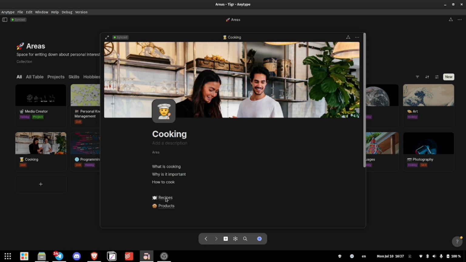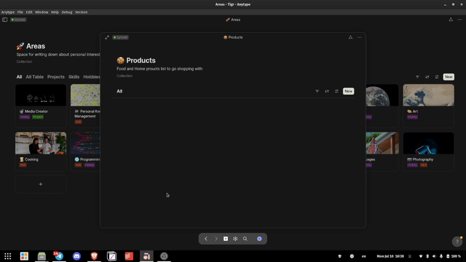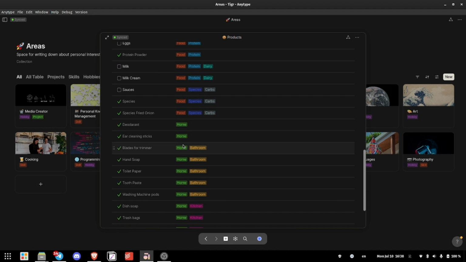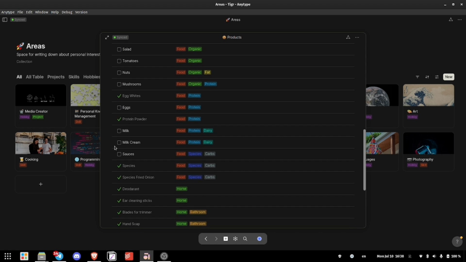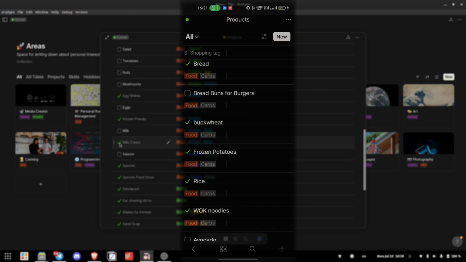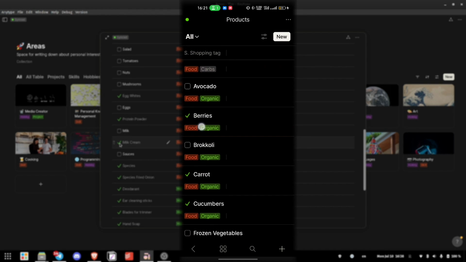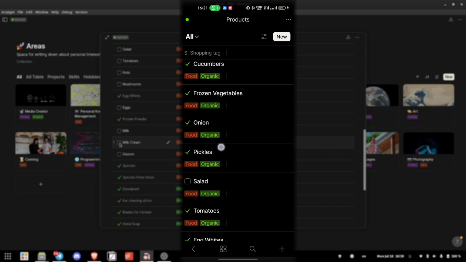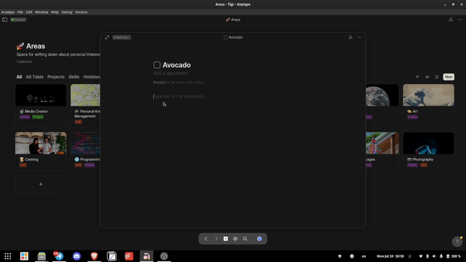For example, cooking. There are two pages currently, products and recipes. Products shows the list of all products I usually buy at the shop. When I'm in the shop, I open Anytype on my phone, see what products are unchecked and buy them. Then, when I run out of them, I mark them as unchecked again to not forget to buy them at the store next time. Also, as every product is an object, I could later write down more information about each one